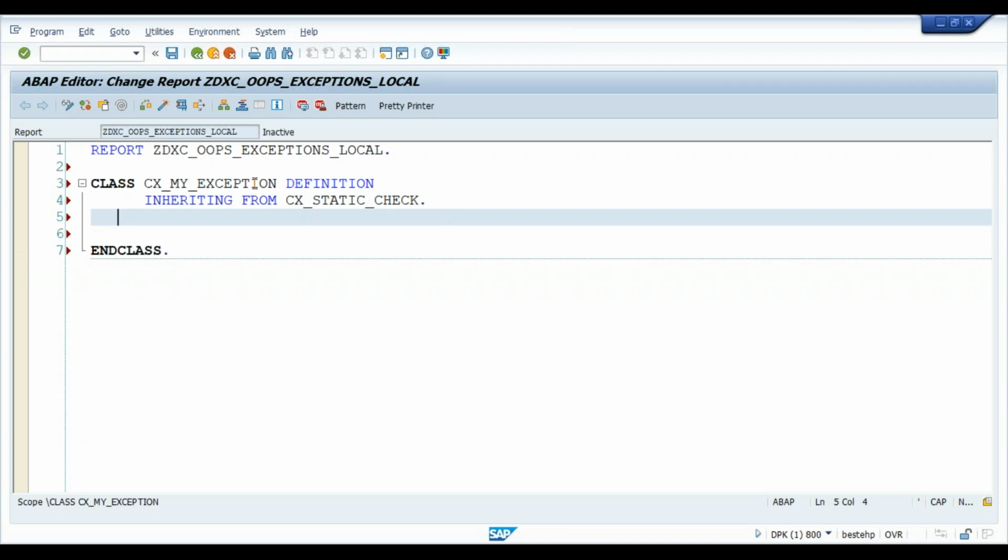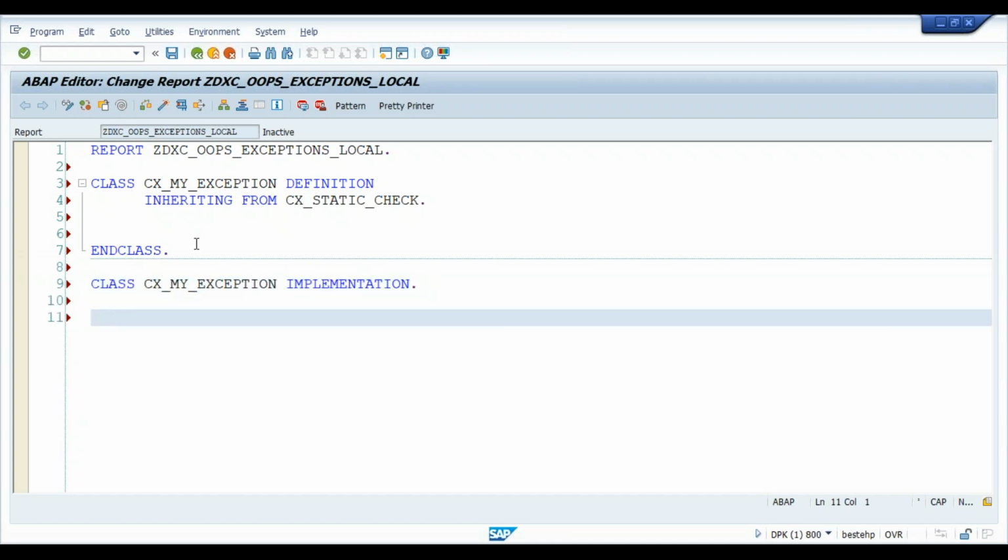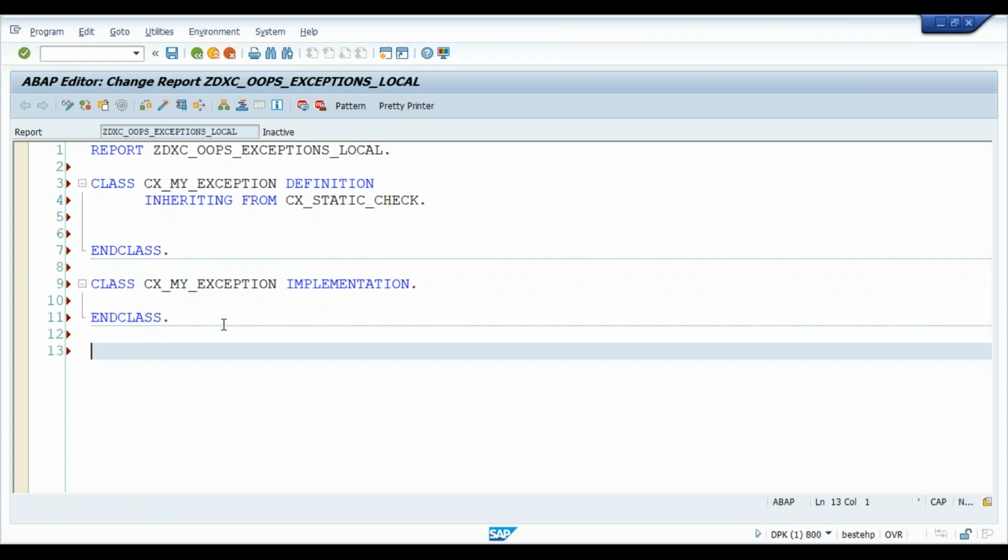okay, that's it. Let's keep this like this. Then we also have to go for class cx_my_exception implementation. This is what we have. In the implementation we'll keep it blank, because we have already inherited the properties from cx_static_check. Now we'll make use of that in a normal class, class c1